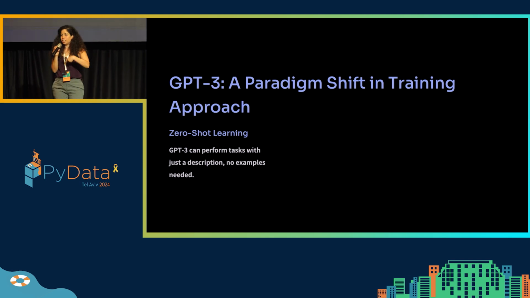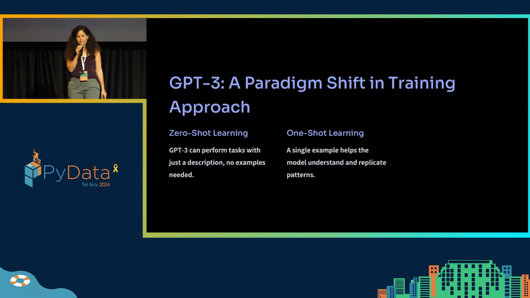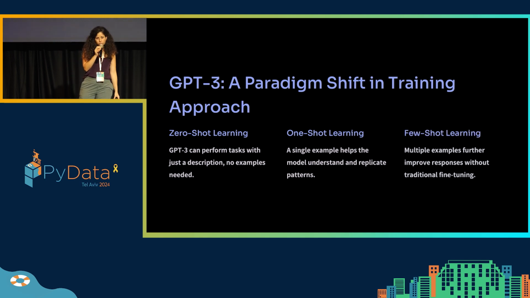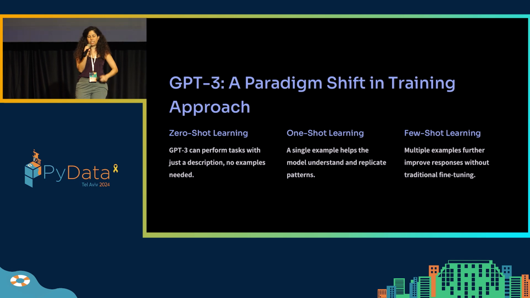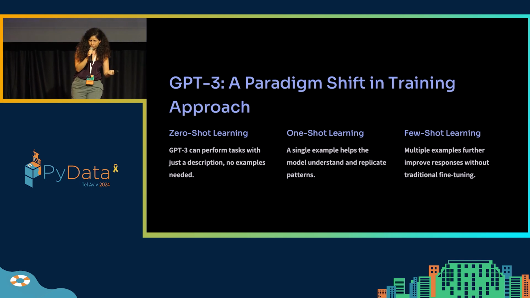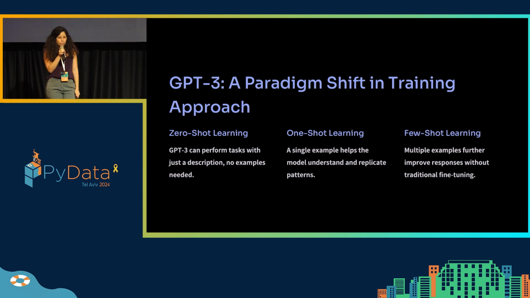One shot is giving the model one shot to understand the pattern, and few shot is giving it a few shots, usually between 4 and 64, so it can understand better the pattern and nuance and the way you want it to respond. But still, all of this was without code, only with text.